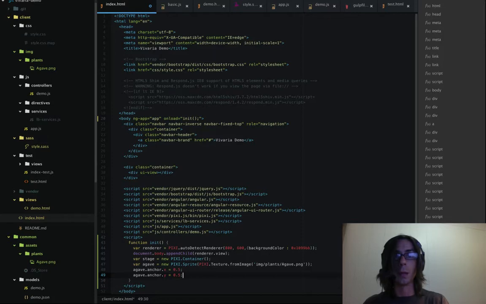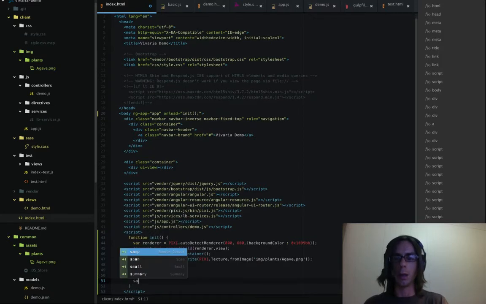I think that's, oh, centering the anchor point. Okay, right. So that's saying this is an offset 0 to 1 as to where the center for the image, the centroid of the image, should be considered. So let's create our